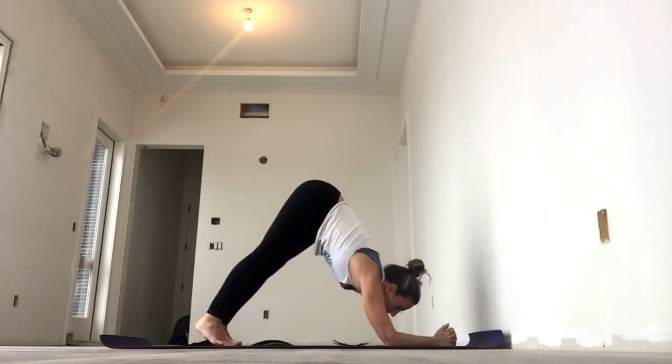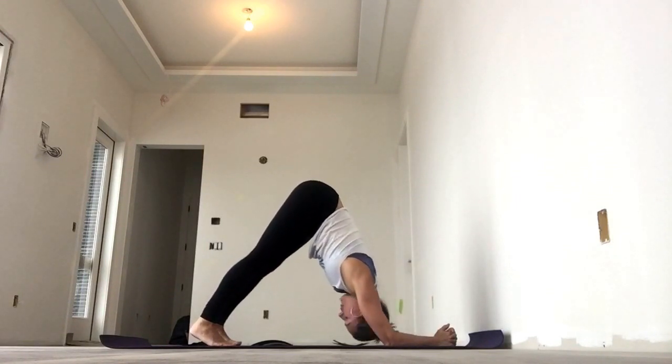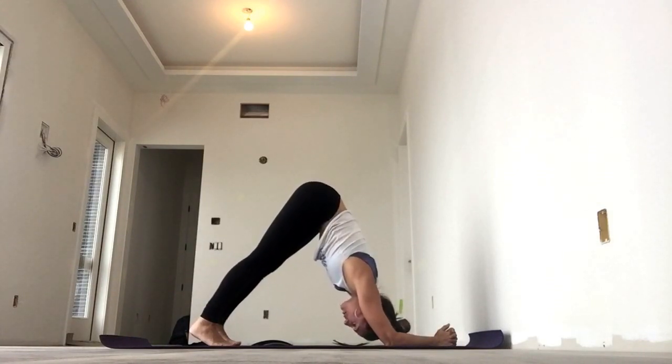So again, similar energy as with downward facing dog. You're going to want to press through the forearms. Relax the head to begin with. Soften the heart. Wake up the legs, really waking up the hamstrings here. Pull the navel to the spine, the lower ribs tucking in. Again, stay here for a few